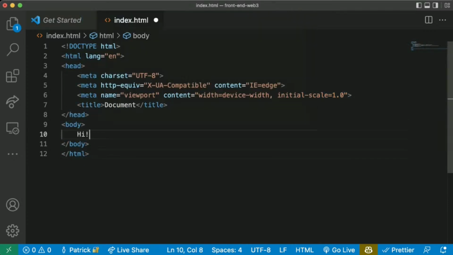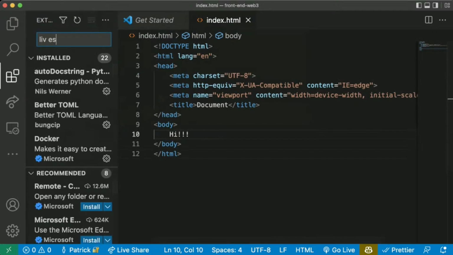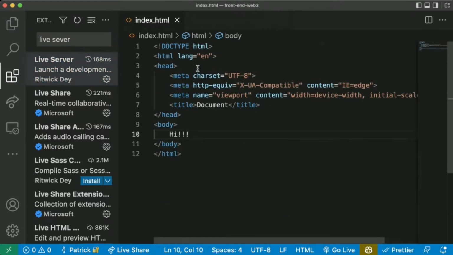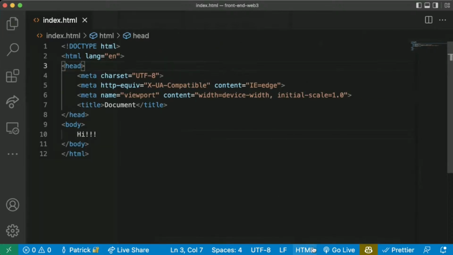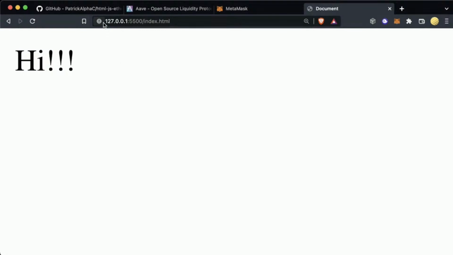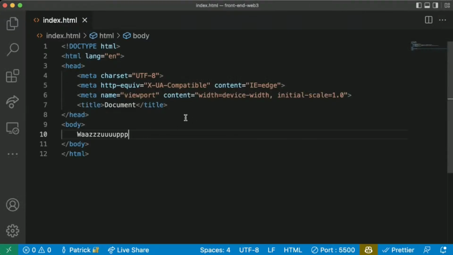Now, if I do something like hi, what I can do is use an extension called Live Server, which basically runs a little server to host this little index.html. I'm going to hit Go Live, which will run the server. Back in our localhost, on 127.0.0.1 index.html, I get this hi thing, right? And if I change this from hi to wassup, now it says wassup, and now we have a minimalistic website, guys. We all did it. Congrats. We can go home now.